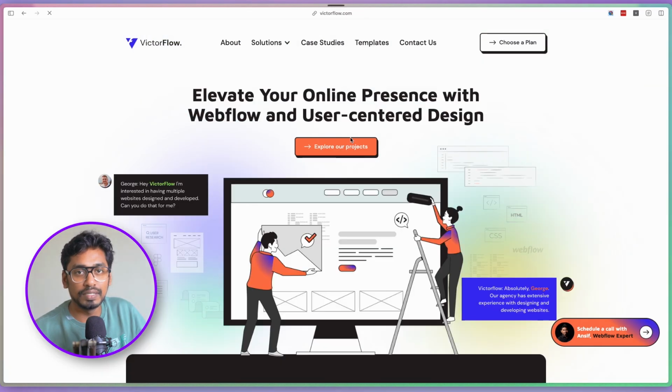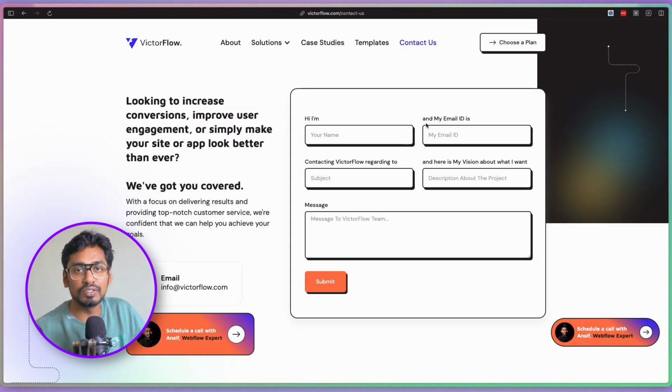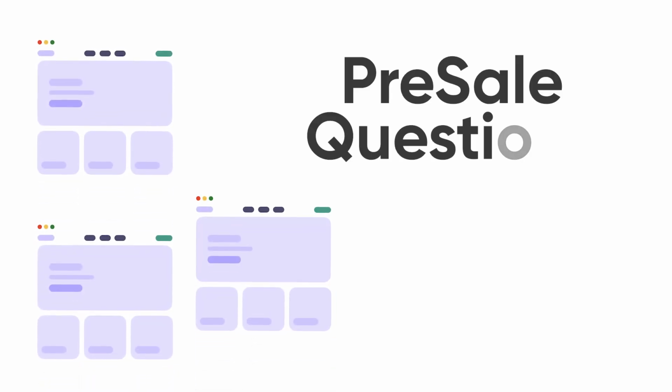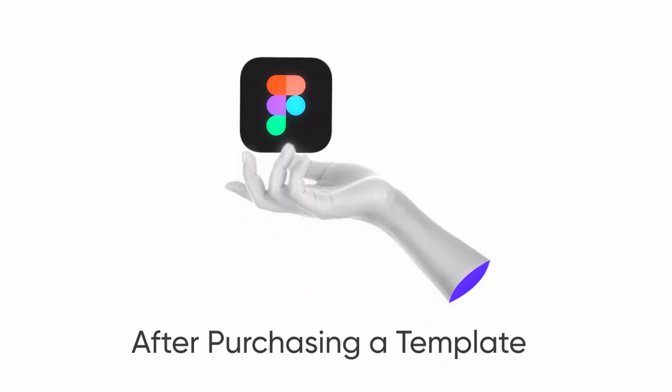There you can find their website and click contact us. From the website you can easily find the contact information, right? So from there, you can ask a pre-sale question. You may choose multiple templates for reference, but you can ask a pre-sale question at first to make sure that you are going to get a Figma version after you purchase a template. In most cases, all template creators will provide a free Figma file if you share a purchase receipt with them